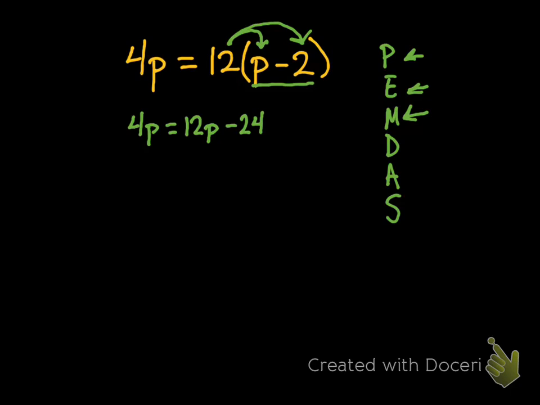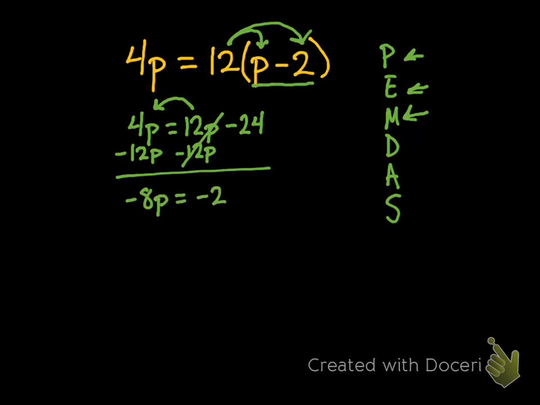Okay, the next step is to get all of our p's together. So we need to move all our p's to the same side. I'm going to suggest moving the 12p over with the 4p to get it away from that negative 24. So subtract 12p on both sides. We end up with negative 8p